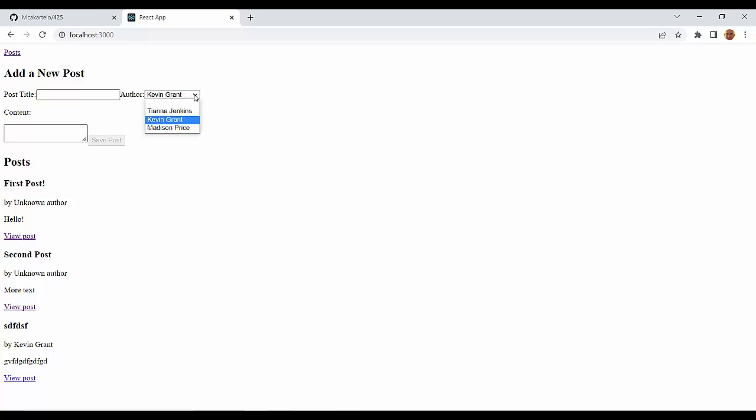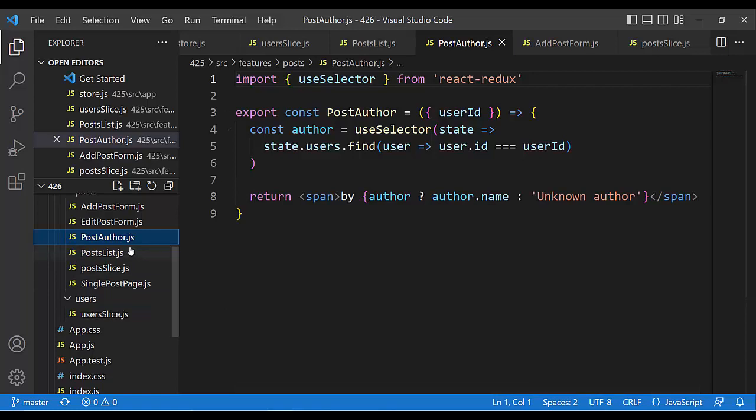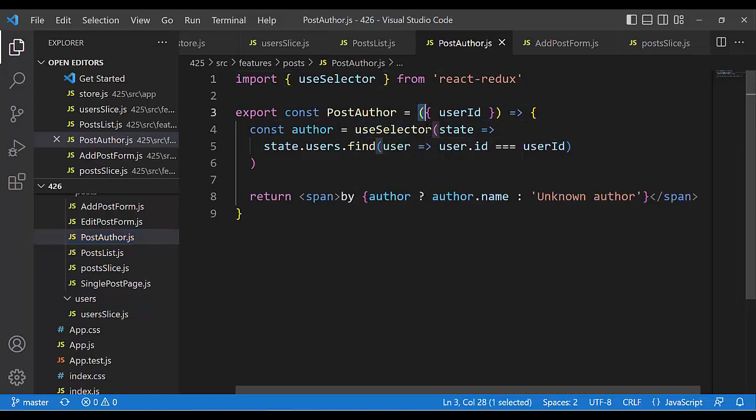The role of this HTML drop-down menu with users is that we have who wrote it, so that we see that on the screen, in the post list. In the post list, we have a new component: by Kevin Grant, by Madison Price. That new component in the post list is PostAuthor.js. It is a component, export const PostAuthor equal arrow function,